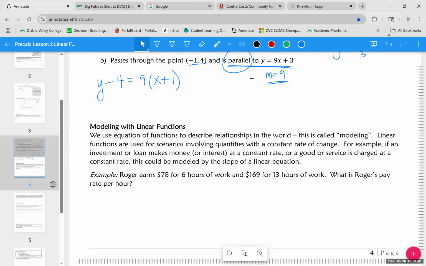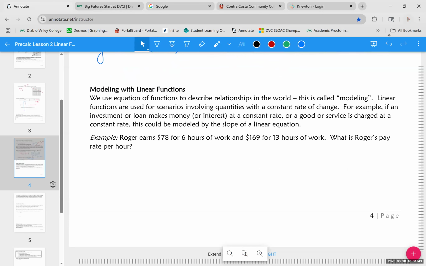Okay, we're also going to talk a little bit about modeling with linear functions, because one of the reasons we do functions at all is because we use them to describe relationships in the world. This is what we call modeling. So linear functions are used for situations or scenarios that have a constant rate of change. For example,